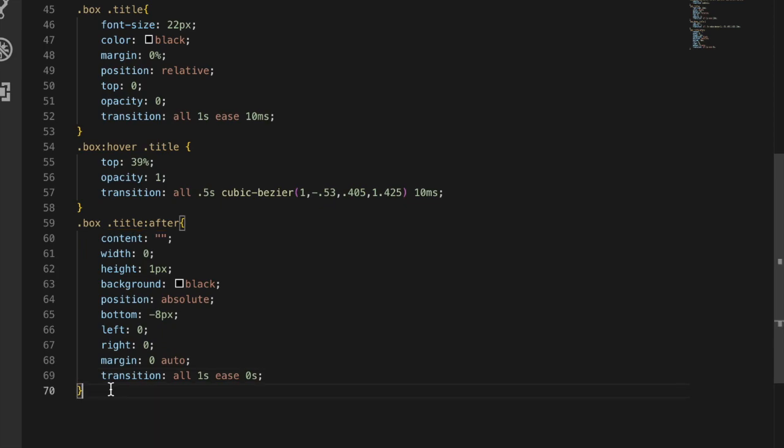So now whenever we hover, like mouse hover on the box, what's going on will be this after effect. So when we say hover, then dot title